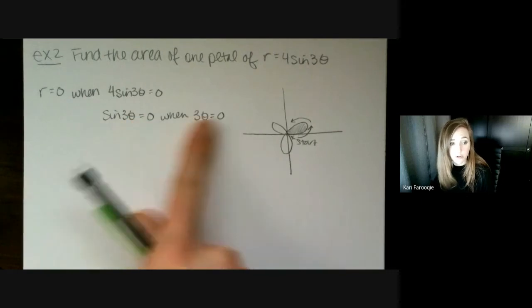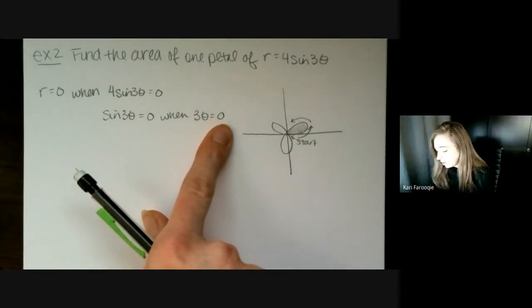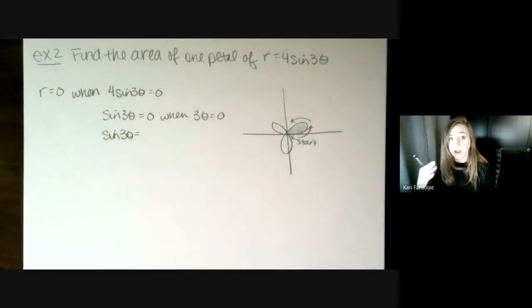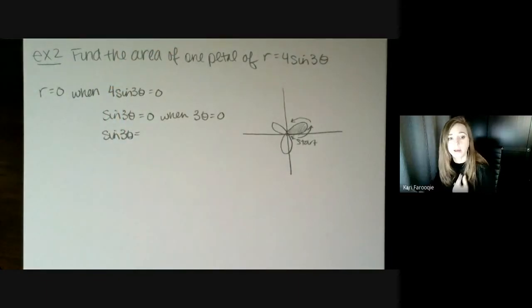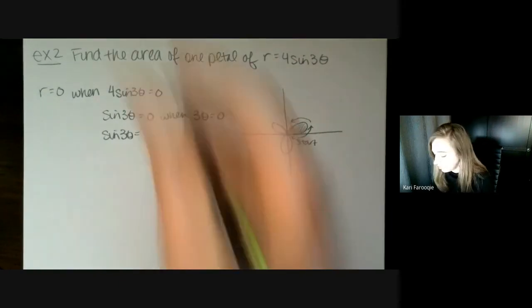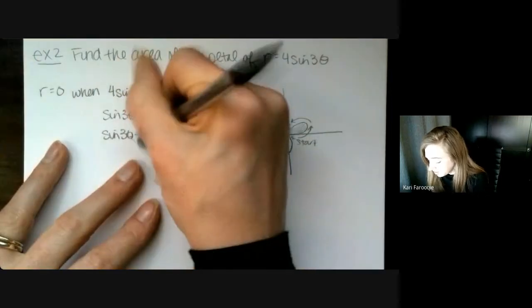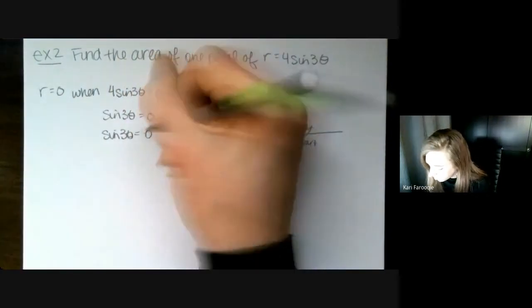But if 3 theta is 0, then I have this holding. And then I'm going to look for the next place where that would happen. So I also am looking at the next one. I can't jump up to 2 pi. I have to look for the next place where the sine function would be equal to 0. And that's going to be at pi. Or, sorry, when 3 theta equals pi. Getting ahead of myself here.